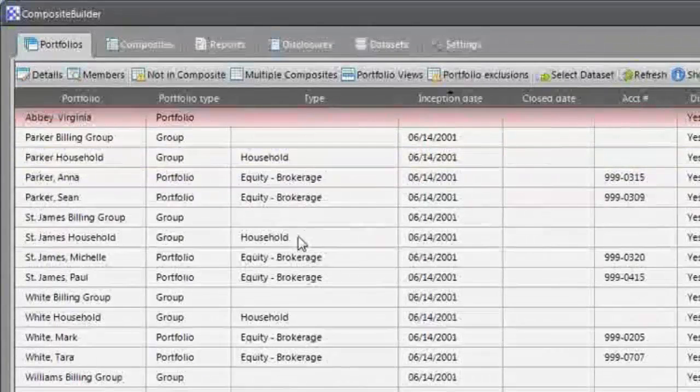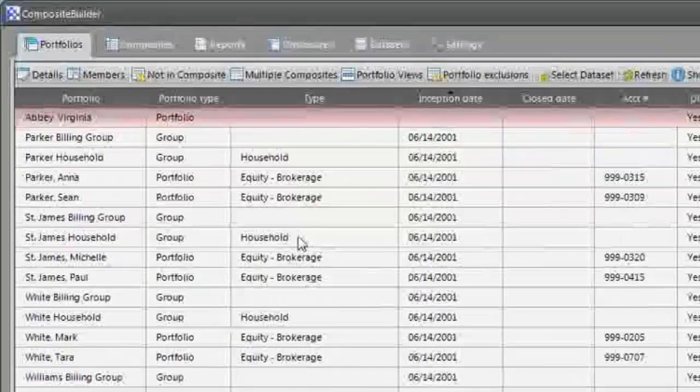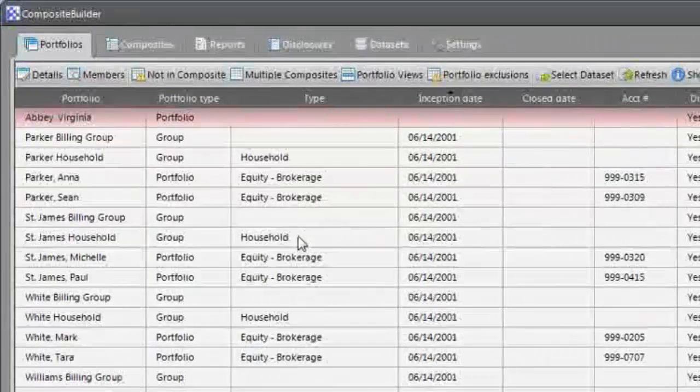Composite Builder is set up so that firms can build composites from either households or individual accounts. And that's really determined by how the firm manages the money. If a household is managed to a single investment strategy, it might have 5 or 6 different accounts. But if it's managed to a single strategy, then the household is what you want to include in the composite,